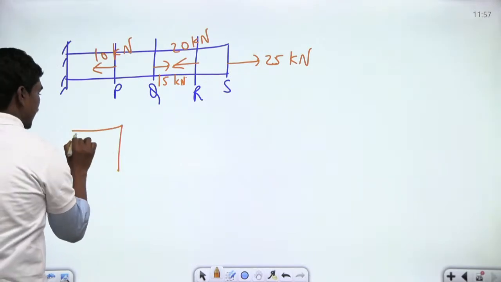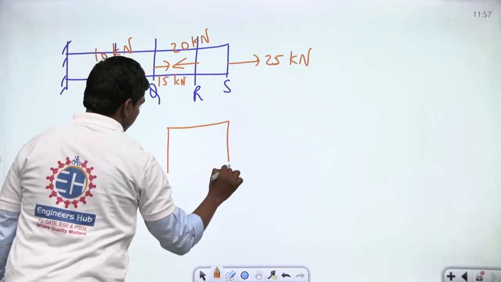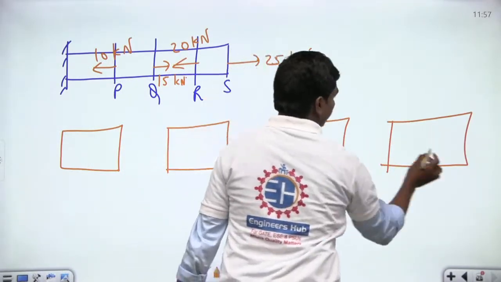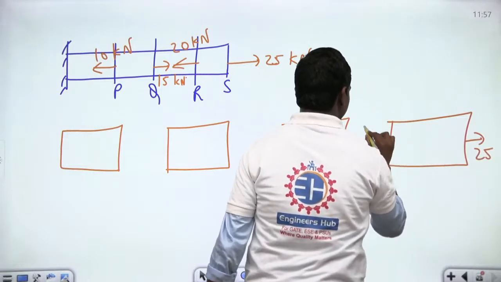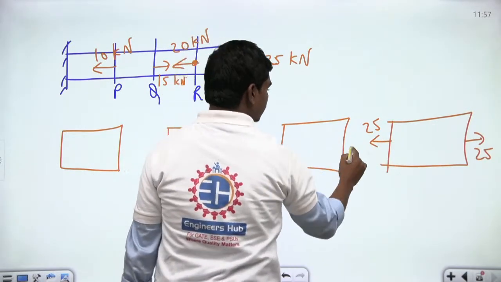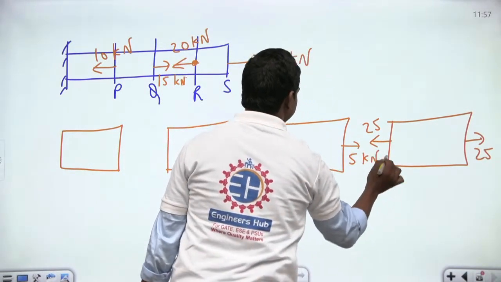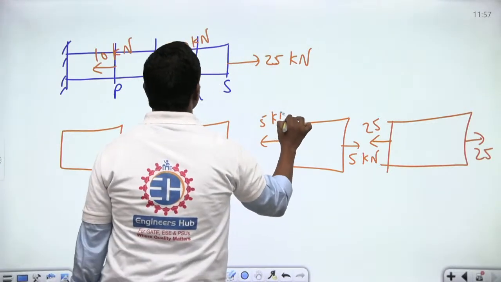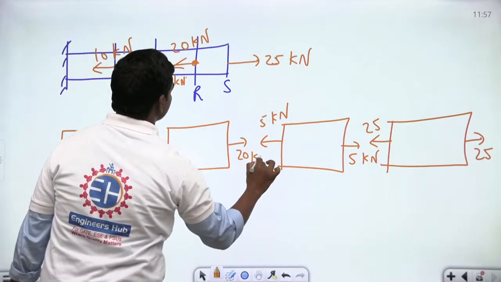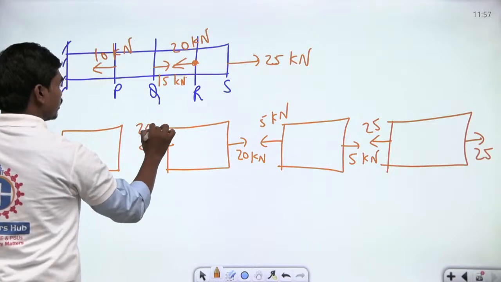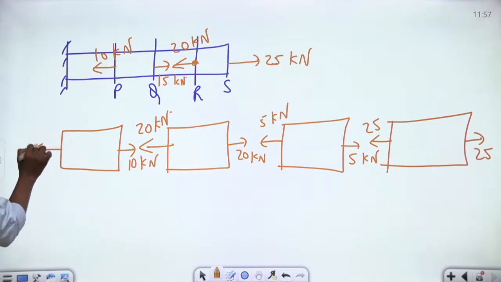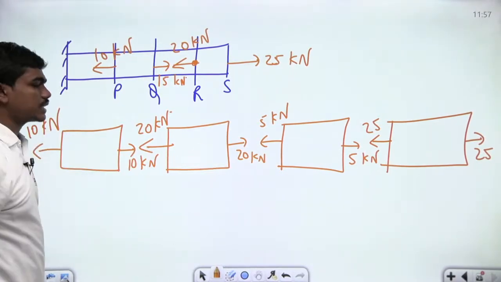So if you quickly apply the static equilibrium of all these sections, you see an extra 25 kilonewtons here. So this is 25 and this is also 25. At this point there is a net effect of 20 kilonewtons on the right, but if there is already 25 existing to the right, we have to balance this with 5 kilonewtons to maintain this joint. So this will also be 5 kilonewtons. If this is 5 kilonewtons, you see a net effect of 15 in this way. So there should again be 20 kilonewtons in this to create a 15 kilonewtons net effect. So this should be 20 kilonewtons again, and this is 10 oriented, so this is 10 in the opposite direction. So we have some tensile load acting, and this is the configuration acting on all these